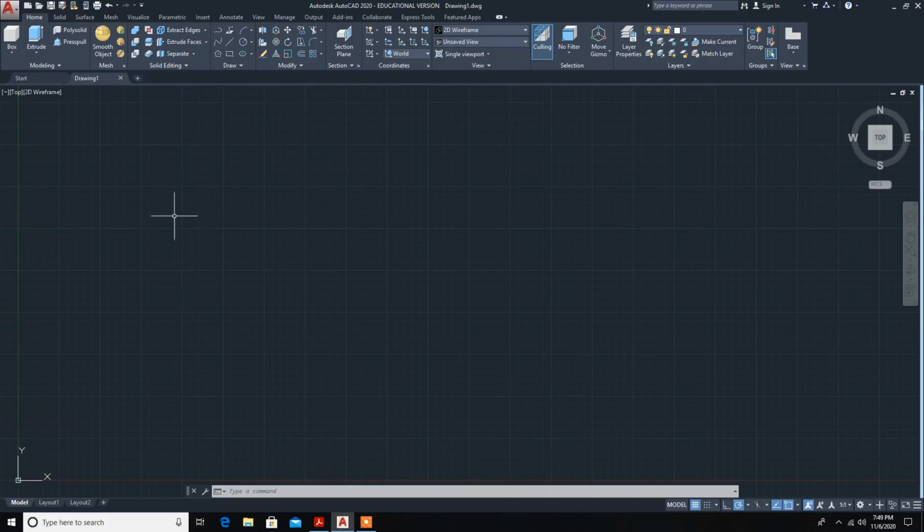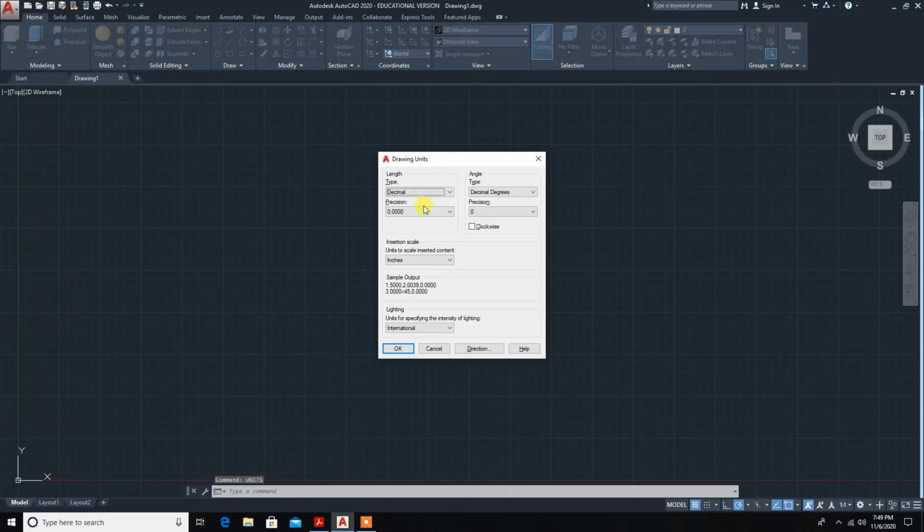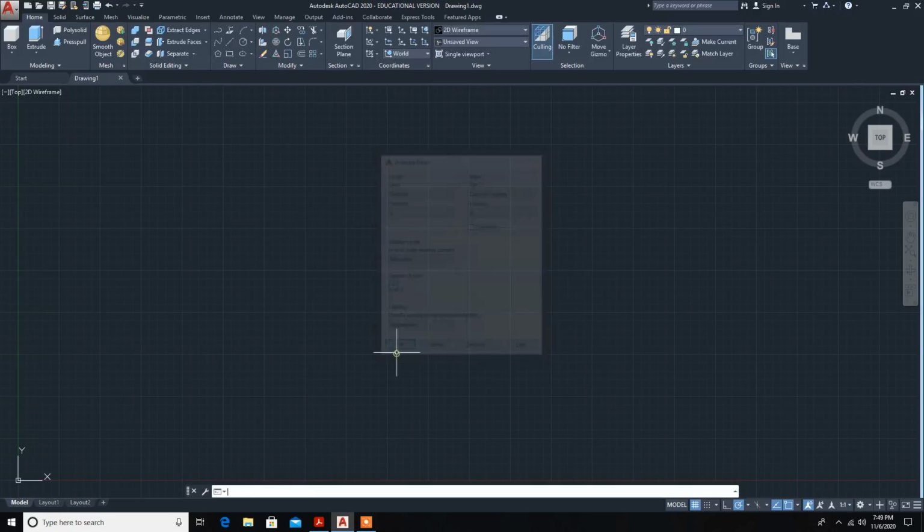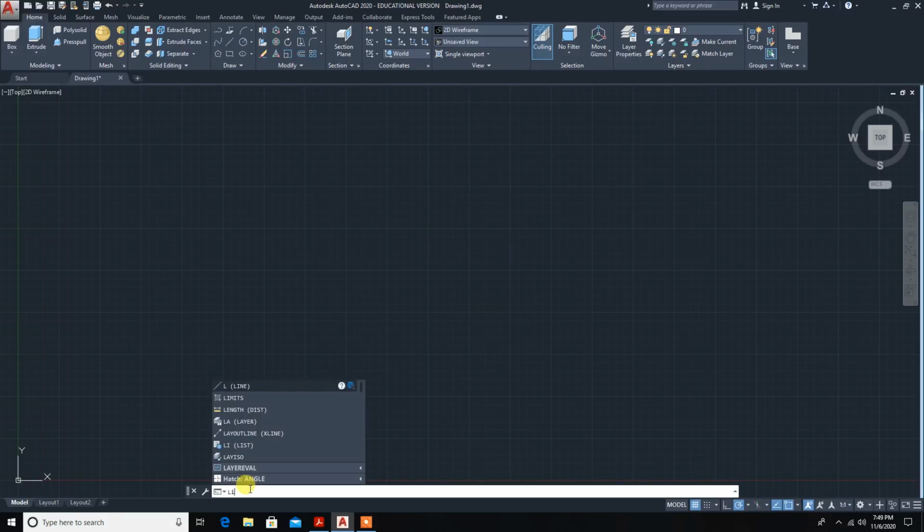Now, as usual, the first command is units. So units, enter. So decimal, precision 0. From default inches, we will select millimeter and OK. Once units are over, next command is limits.